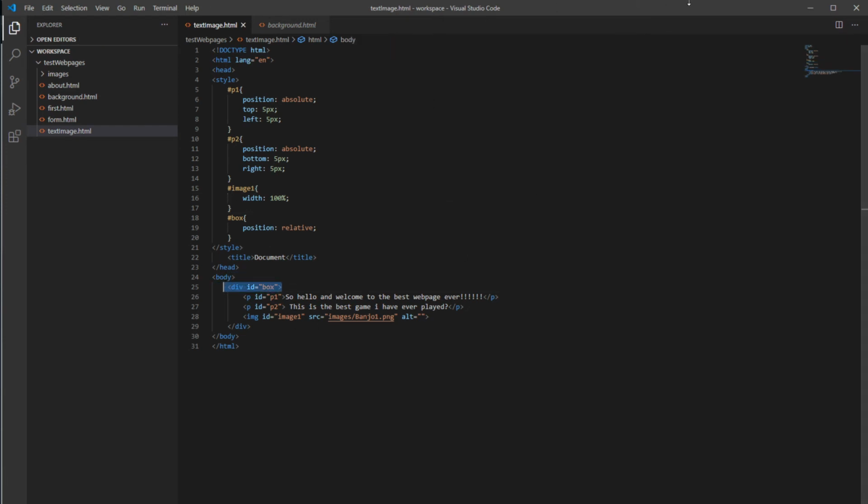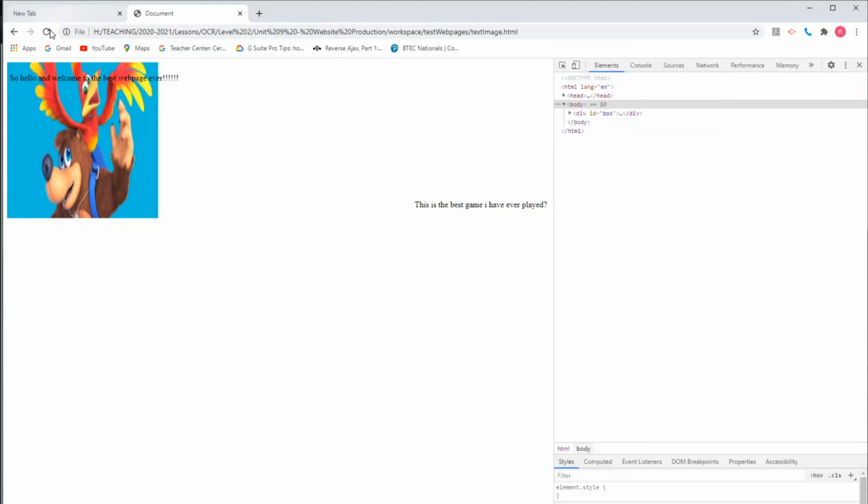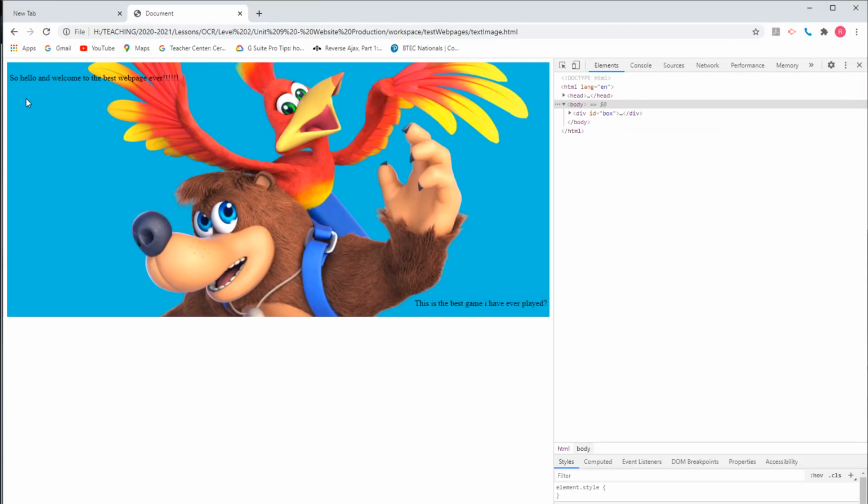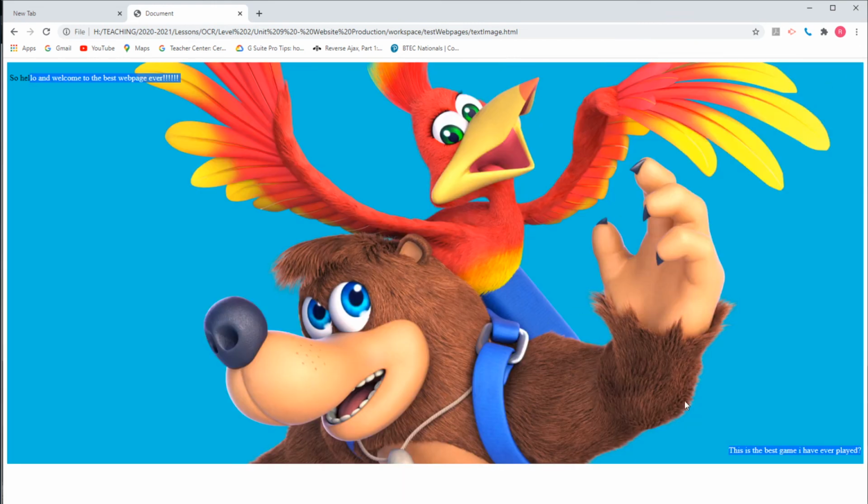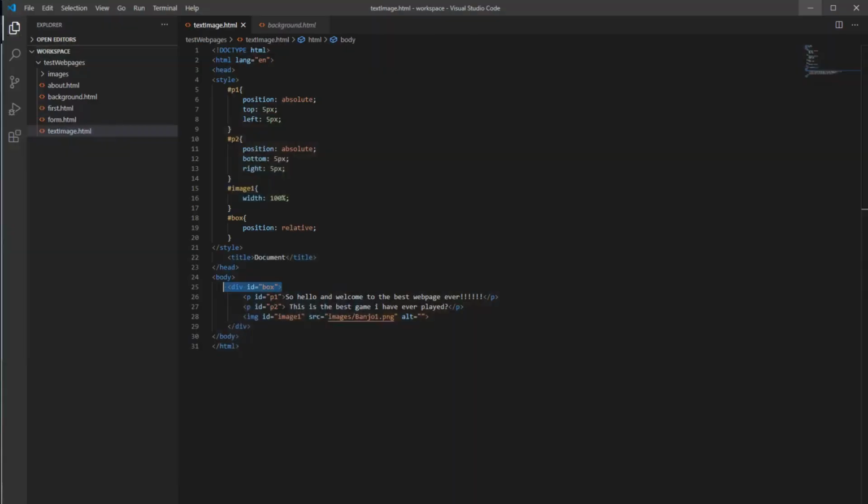So if we test this out, see what it's done. There you go. So it's the width of the box now. This thing's at the bottom there, and this thing's at the top left there, as we told it to. If anybody's got any other questions about this, because on first glance, it looks quite scary because I've just typed in quite a lot of code that you've not really seen before,